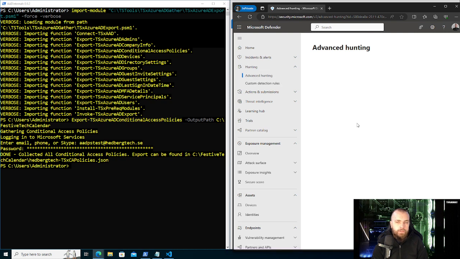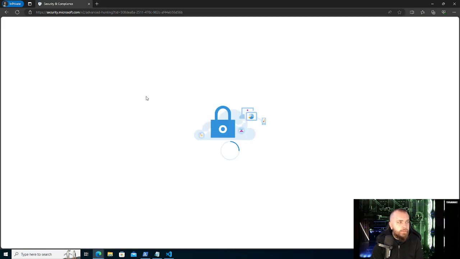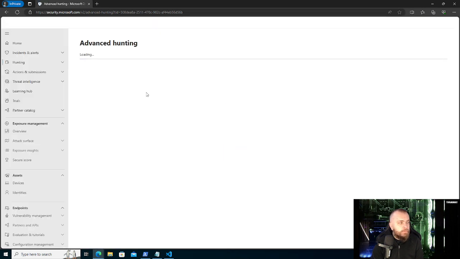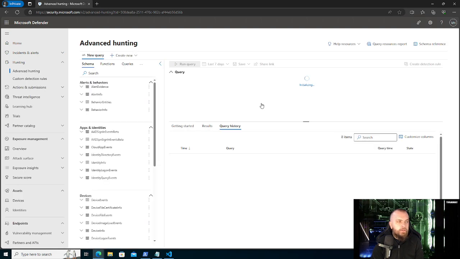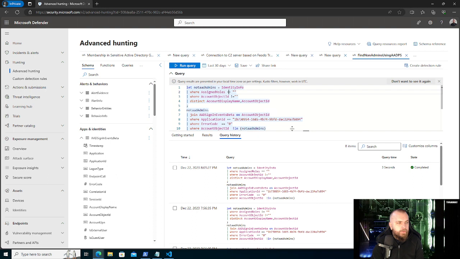So if we're going to advanced hunting, we can actually detect these sign-ins. If we say that, hey, we want to find all non-admins signing into Azure AD PowerShell, there's actually a way of doing that inside of the Kusto query language. Let me just try to get my browser working as intended. Here we go. So we have a query right here,